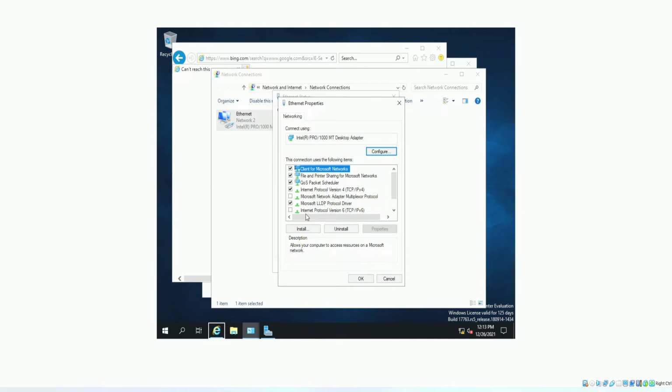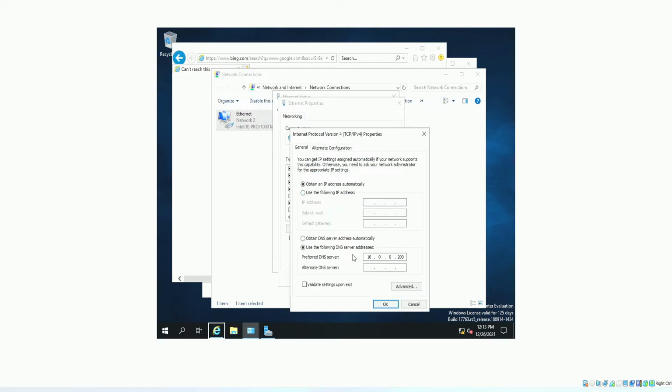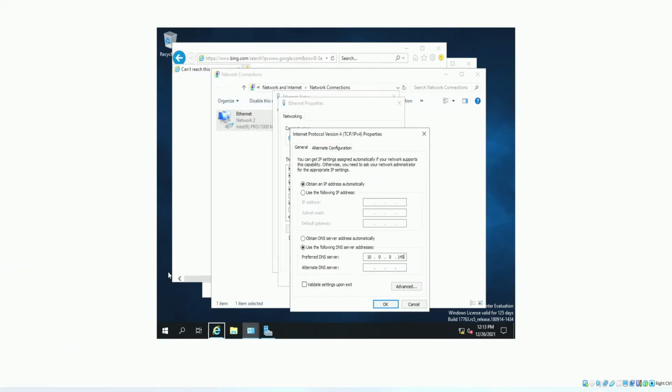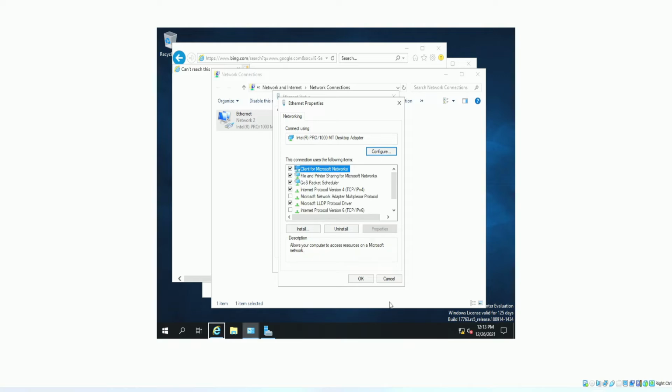We want to make sure that Internet Protocol version 6 is disabled, just like in the other videos. And then we want to double click on Internet Protocol version 4 and change the DNS server to reflect the domain controller. So that's 145, and we can verify that here. So 145. We click OK,